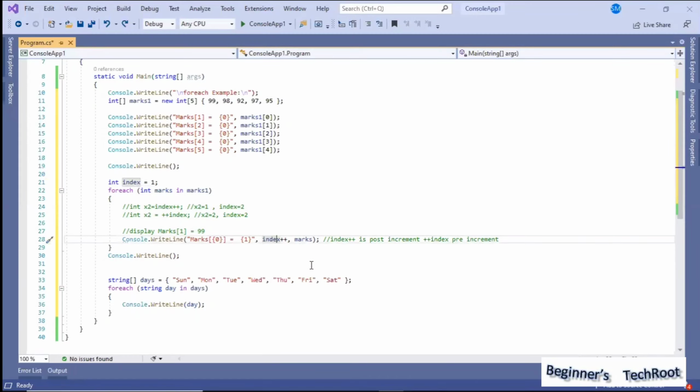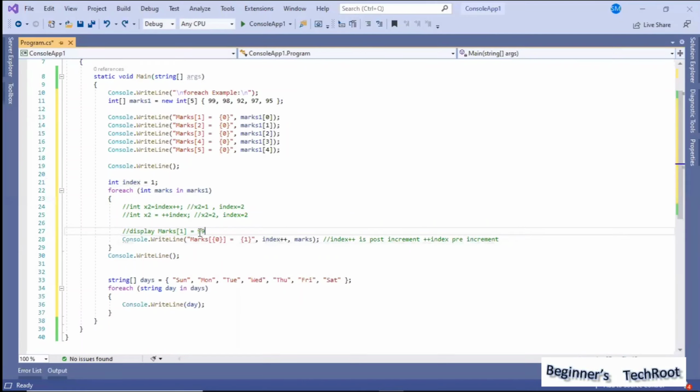However, the logic for a few cases can be done in various ways. Everything will be right. The way you write it depends. Like I am taking index equal to 1 and I used a post increment. Suppose you are taking index equal to 0, then you are going to use a pre-increment. That is the only difference, but both are right. It is only a way of how each individual thinks about the logic.